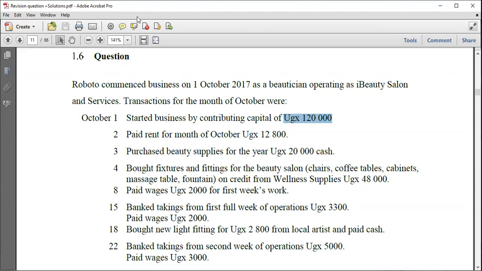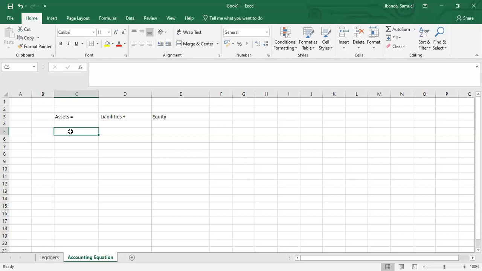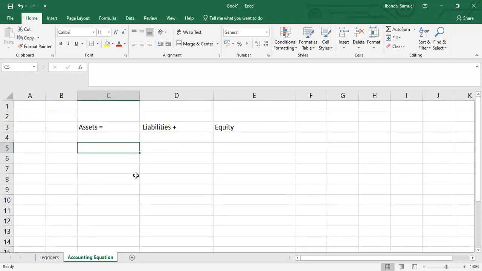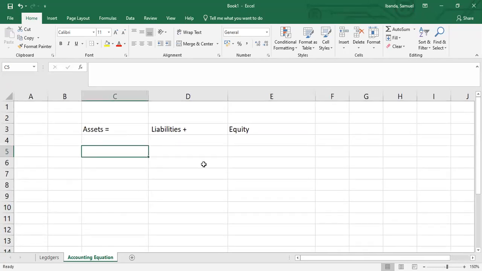In such a situation, cash is coming in. When you're doing an accounting equation, you find out, is there an asset in this transaction? Of course, yes, we have cash coming in of